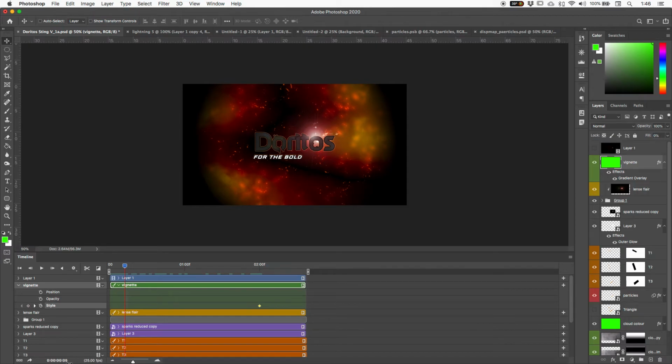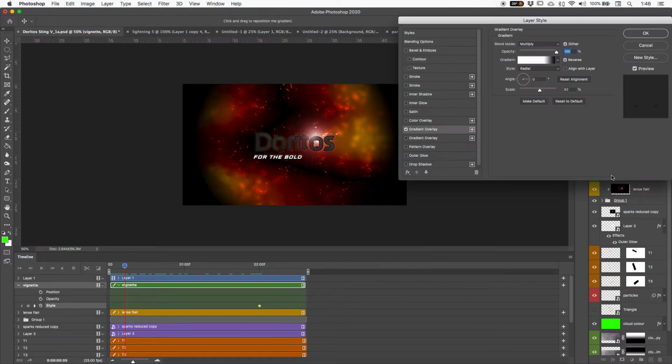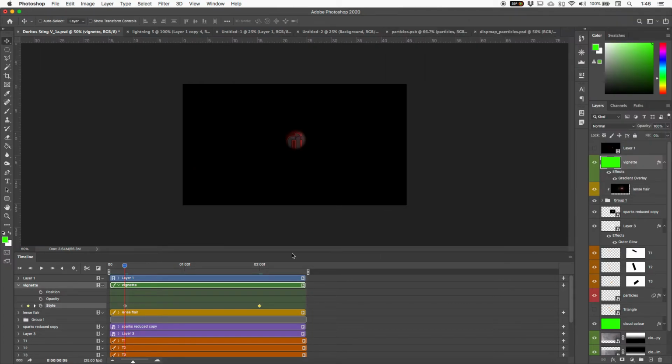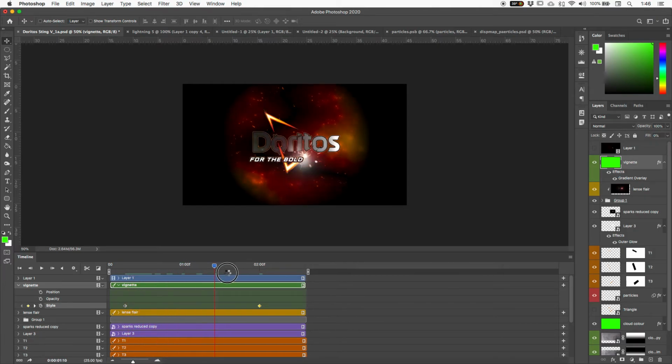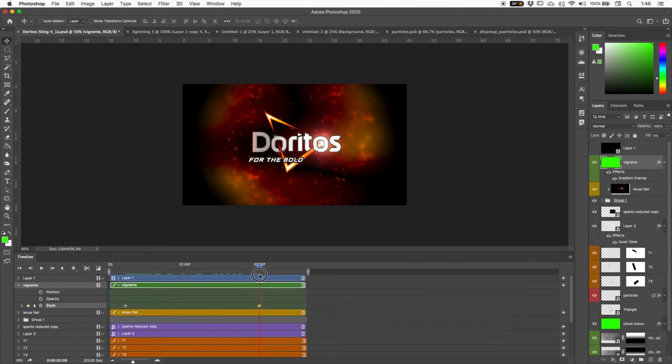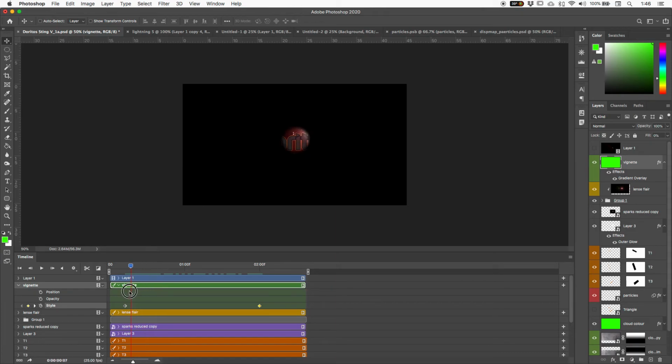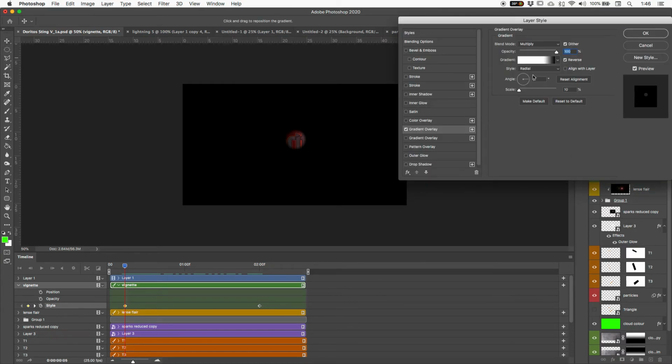I'm going to go around about the 5 frame mark there. Then double click on my gradient again, and I'm going to scale that down to 10% and hit enter. Then as I scrub through, what we're hopefully going to see is it's going to start revealing all of that. Now at the moment that doesn't look all that great, so you may wish to jump in and try not to animate anywhere else besides these 2 points, but we might want to jump back in here and then maybe